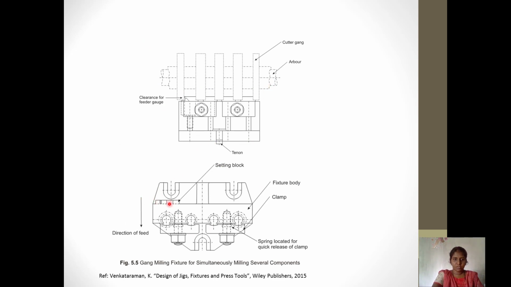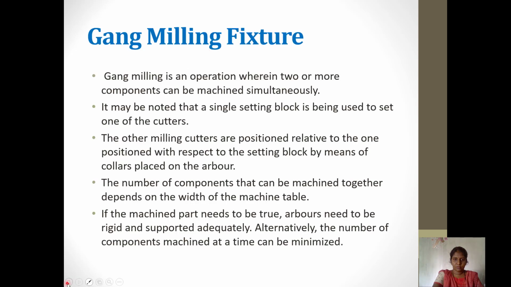Based on the setting block, only one cutter is placed. Here we have the clearance for the feeler gauge. The other milling cutters are positioned relative to one another with respect to the setting block by means of collars placed on the arbor. The number of components that can be machined together depends on the width of the machine